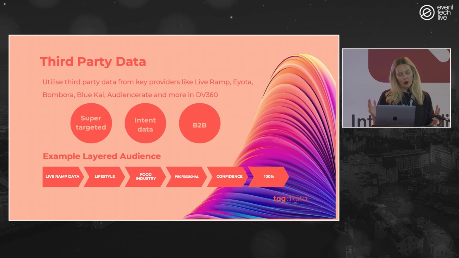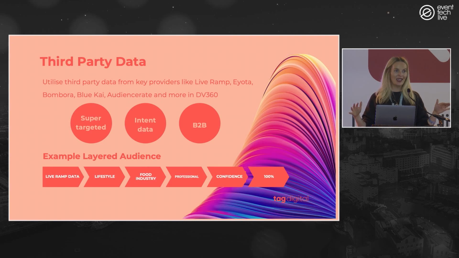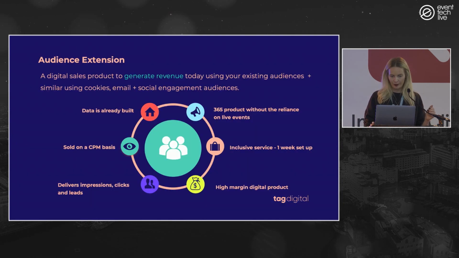So for example, we work in food manufacturing, and we can use a list from LiveRamp that's targeted in multiple different ways across lifestyle, food industry, professional, so it's B2B data. But the main thing is the buyer intent and the confidence of that audience is at 100%. Previously, in Google or any of the other networks, it's quite difficult to get B2B and intent data, but that's now all available to us. And to use those lists, you might pay $1 to $3 CPM cost. So inexpensive to do and a really good way to build data.